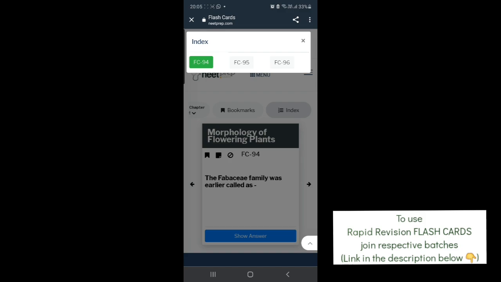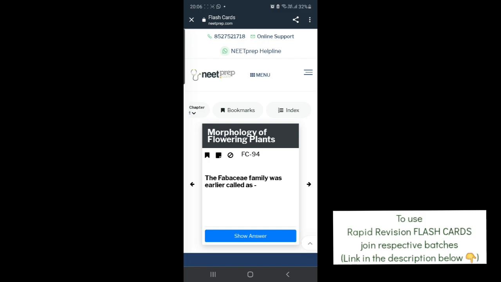Or before going to sleep, before falling asleep on the bed, usually we waste 30 to 40 minutes of time. We try to sleep, we don't fall asleep, and we keep on scrolling things. Instead of scrolling Instagram, Facebook, etc., you can scroll the flashcards and revise things. This will increase the utilization of time on a day-to-day basis, and trust me, it will be a great boon. So this was the bookmark feature of flashcards.